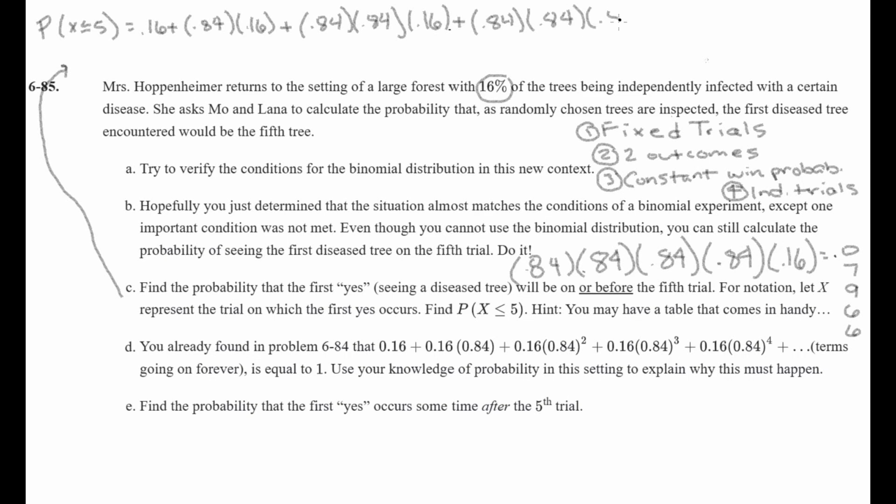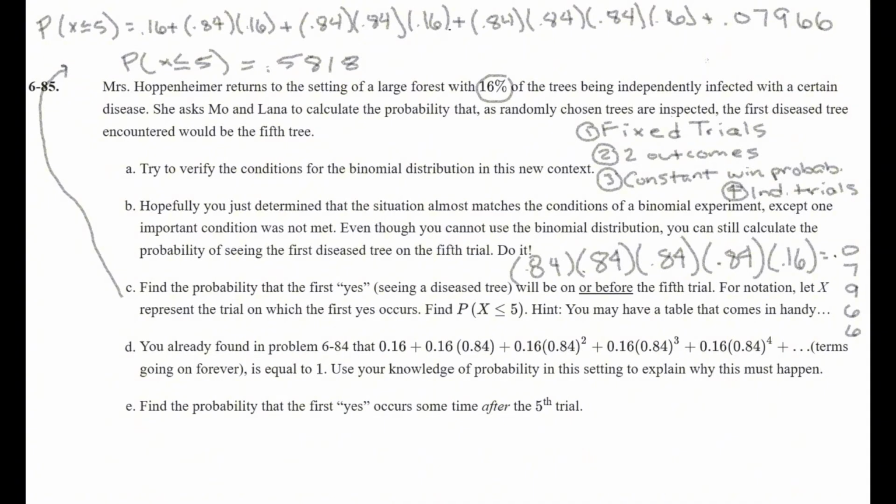Now, for letter C, it says find the probability that the first yes, seeing the diseased tree, will be on or before the 5th trial. What I need to do is go ahead and do all the scenarios in which I'm going to have my first tree be the first tree I see diseased, then the second, plus the third, plus the fourth, plus the 5th. And I get